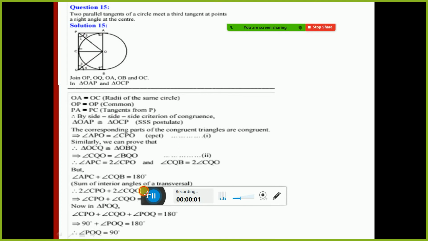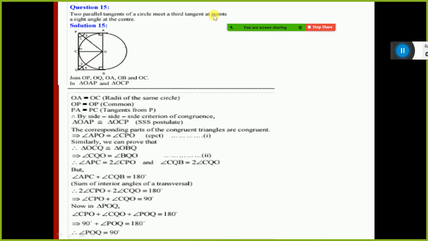Okay, number 15. Two parallel tangents of a circle meet a third tangent at points A and B. Prove that the angle subtended at the center is a right angle. Two parallel tangents, that is this and this, of a circle meet a third tangent at points, and subtend a right angle at the center. See here,